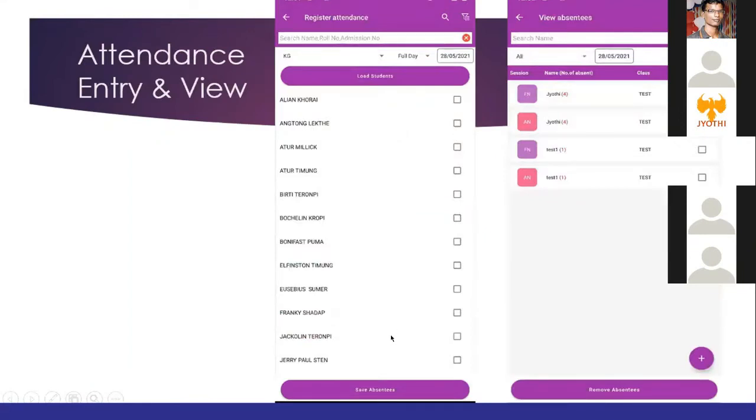And we can save. And in the second screenshot, whatever option we entered, we can view the history. There is a calendar icon on the page. We can select the date wise option and see it.